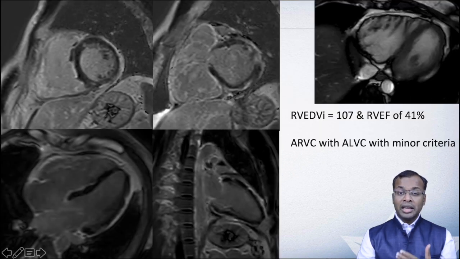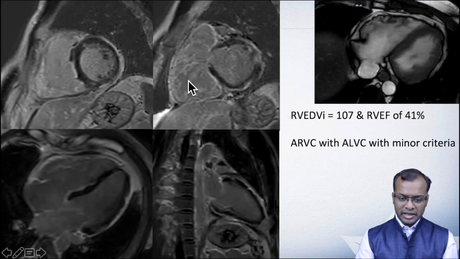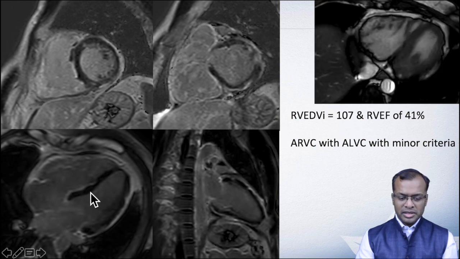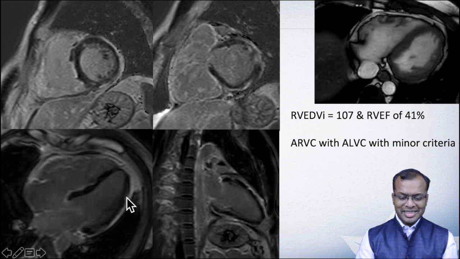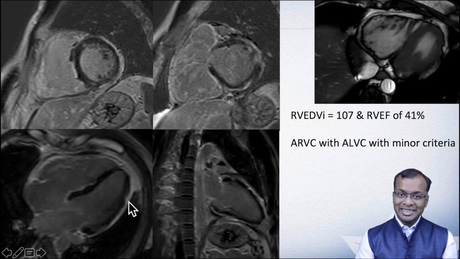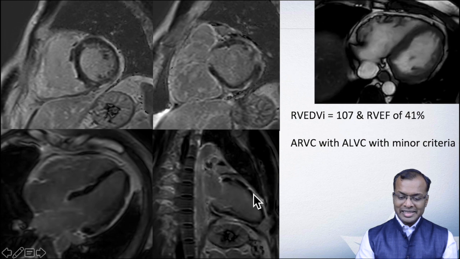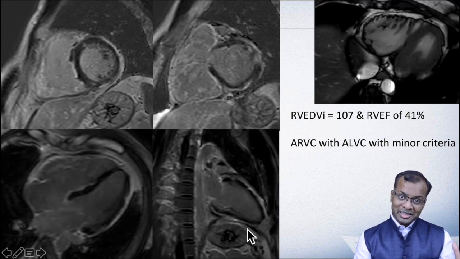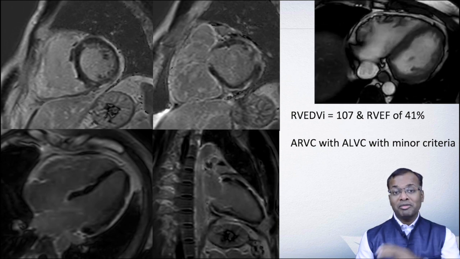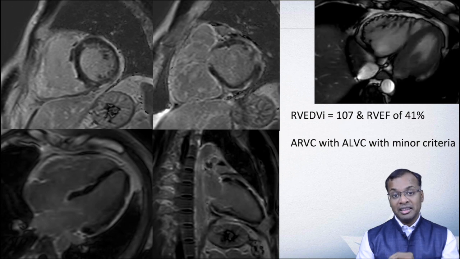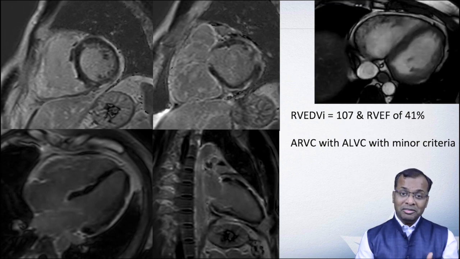When we do contrast imaging, you're seeing the right ventricle has fibrosis within it, but there is also fibrosis along the septal wall. You can see some eaten-up epicardial areas of abnormality in the LV wall, anterior segments, patchy areas of LV involvement. So this is a patient who has biventricular involvement, which is ARVC with ALVC, and unfortunately,